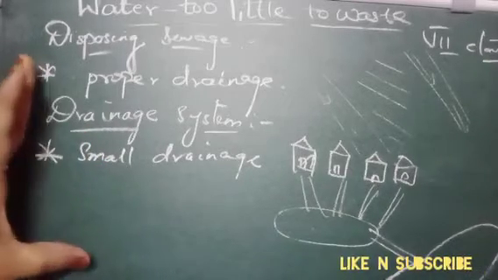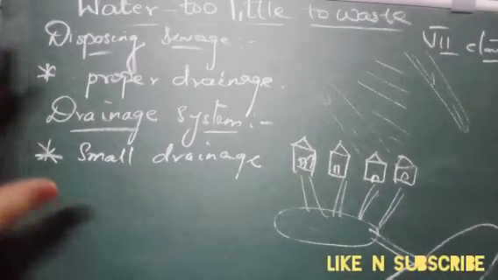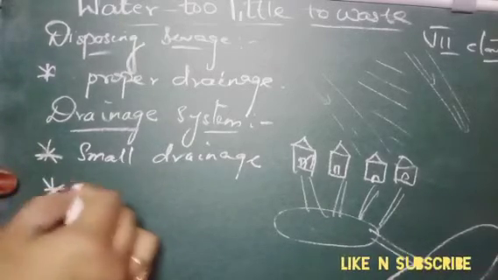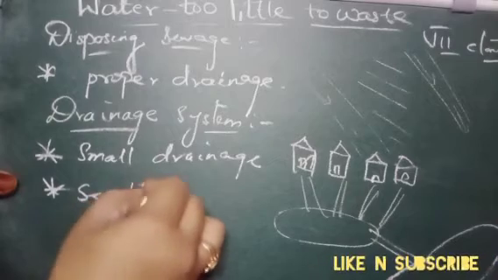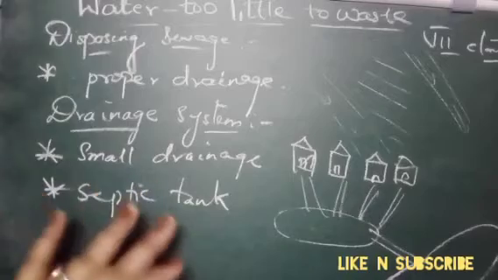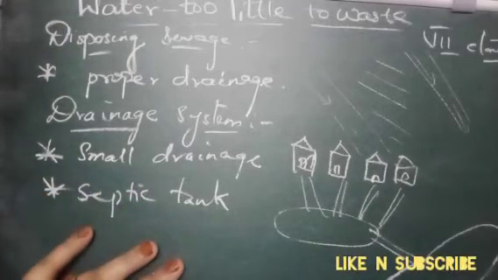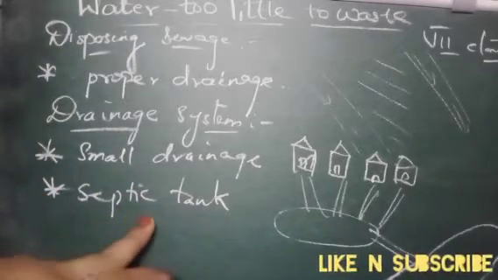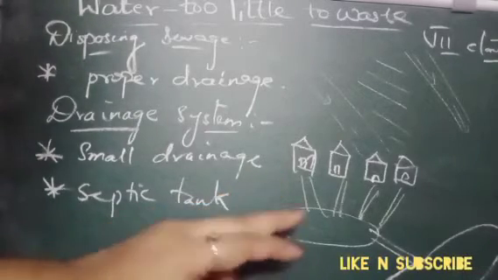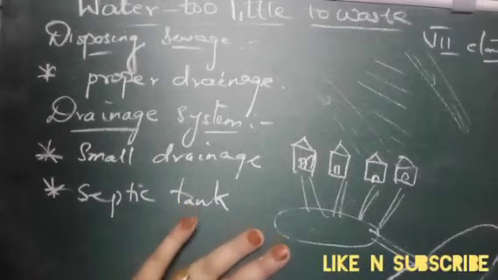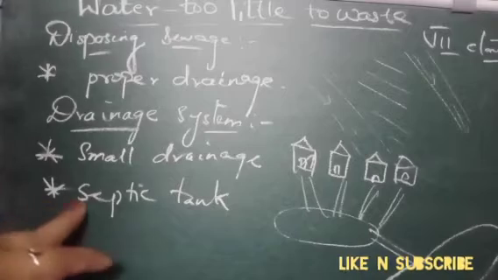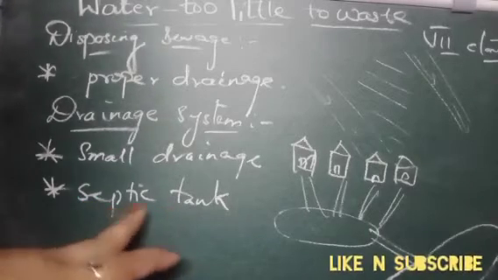Okay. Some homes do not have drains running to a common treatment plant. They have a septic tank. Most of our houses we have septic tanks, right? We have septic tanks instead of the canals. Okay, these are the units of waste disposal at the homes, usually in the villages or towns. In some individual cities also they use this type of canal system. But most of the houses in our city have a septic tank.